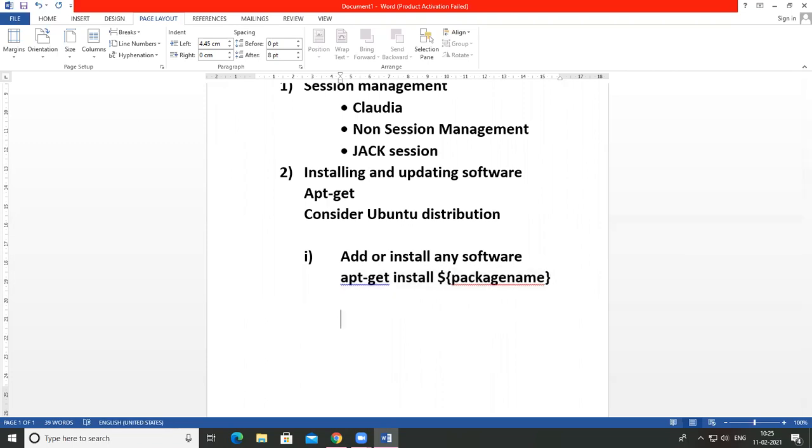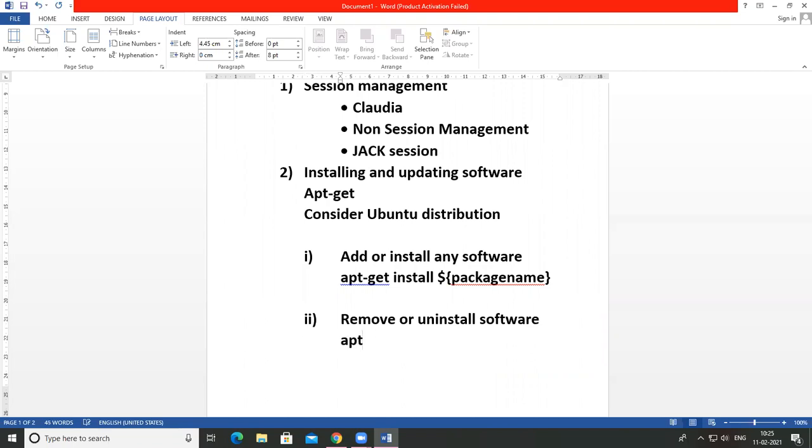Then the second option which is provided is remove or uninstall software.